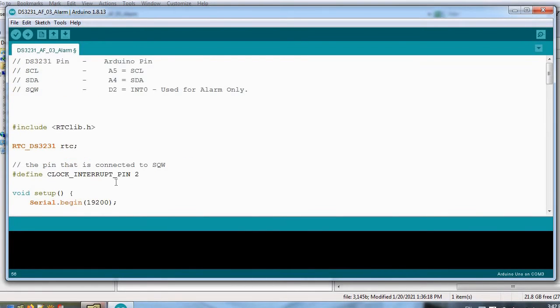Here basically we have defined clock interrupt pin 2. Pin 2 on our Arduino is interrupt 0. So this SQW we are connecting it to pin 2 or interrupt 0 of Arduino.